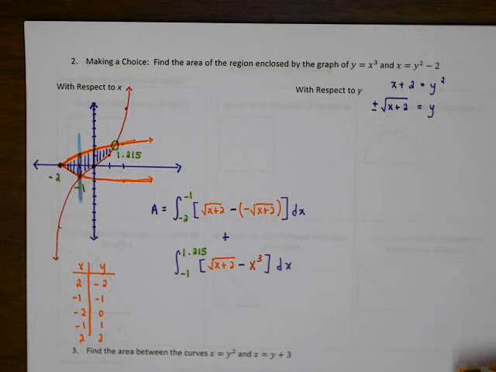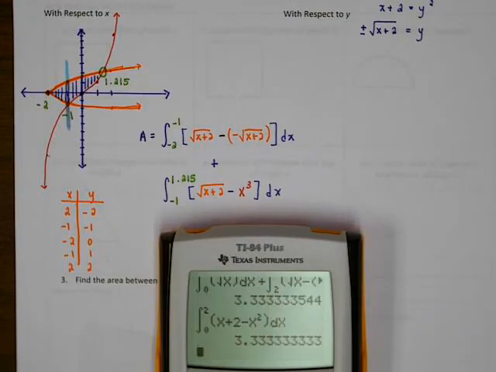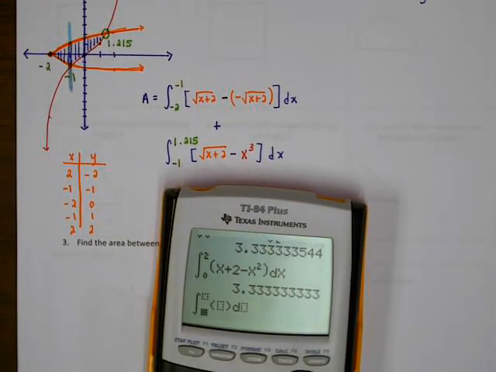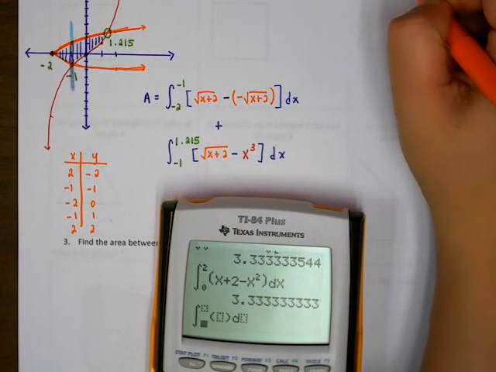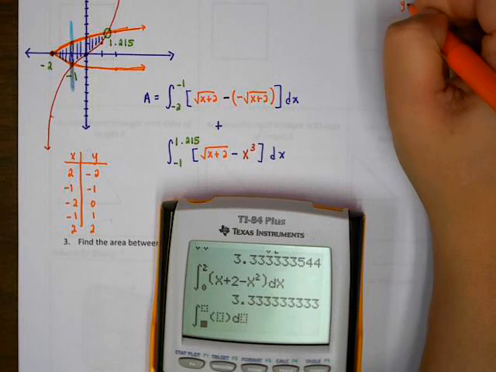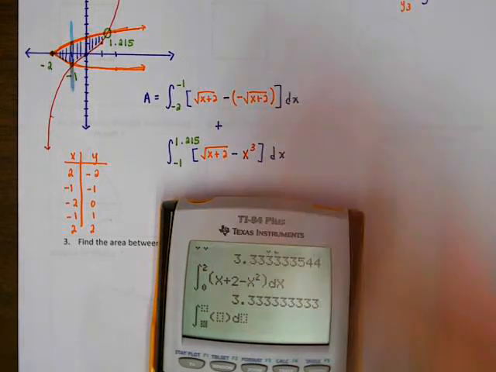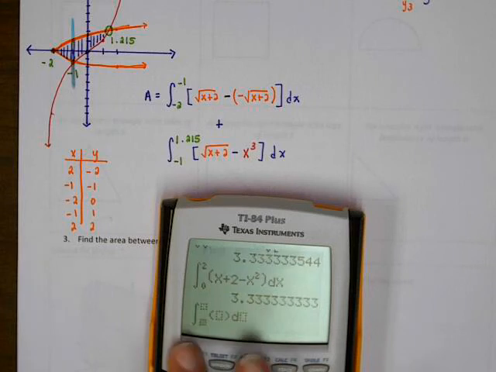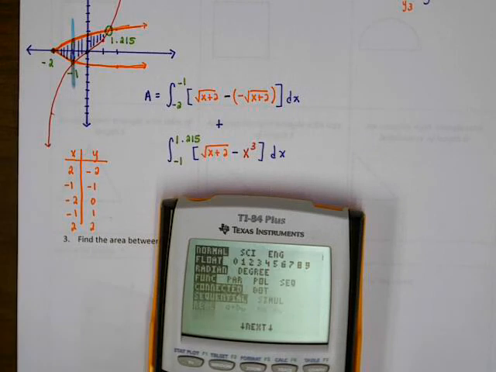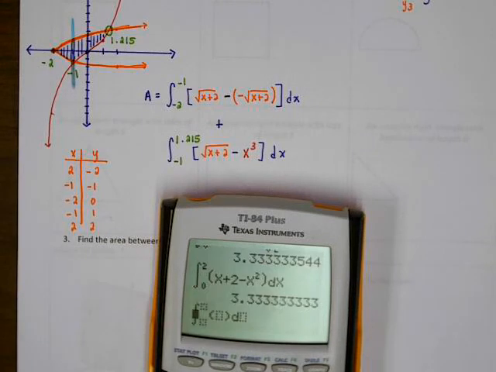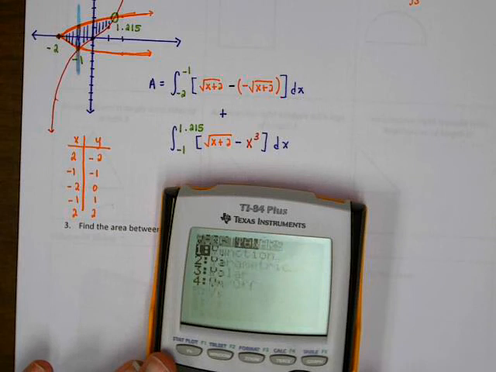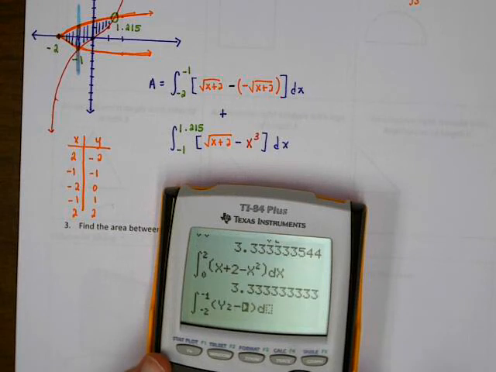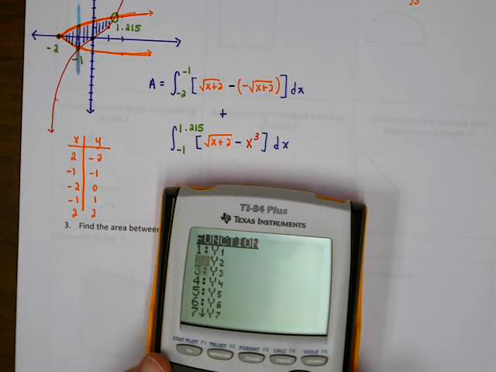Now I can go ahead and type that into my calculator. So I've got math 9. Now I typed in the positive square root into y2 and the negative into y3, and I typed in my x cubed into y1. So I'm going to tell my calculator to just recall those things now so I don't have to type the whole thing in. So I'm going to do math 9, integral from -2 to -1. I'm going to recall and use y2 minus, recall and use y3